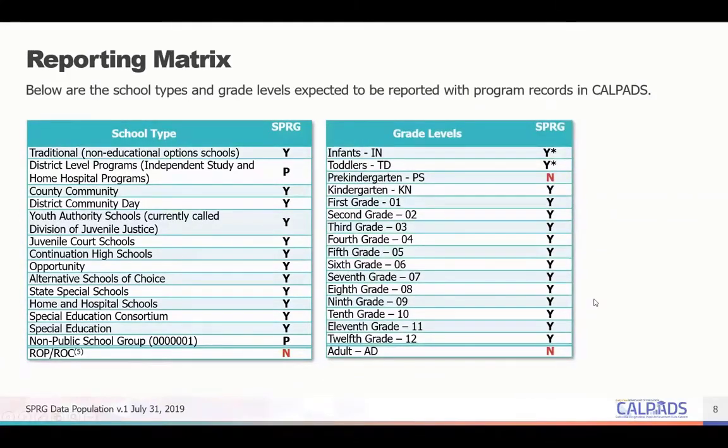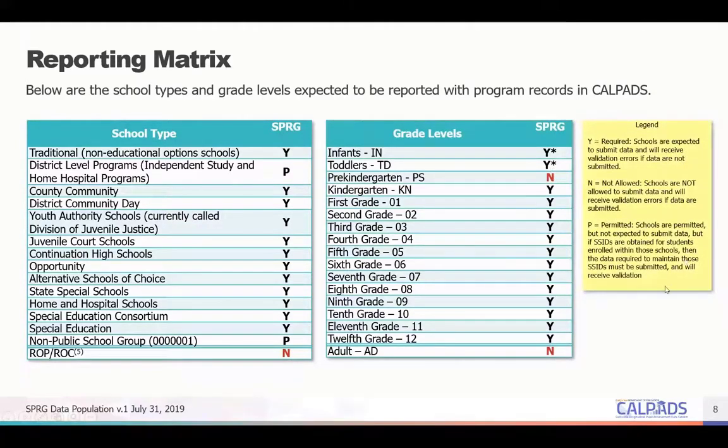For the grade levels, only preschoolers and adult education should not be reported within SPRG record in CalPADS. All other grade level types from kindergarten to 12th grade are expected to be reported. And for infants and toddlers, you may report homeless records for these students. Here is a legend that you could refer to